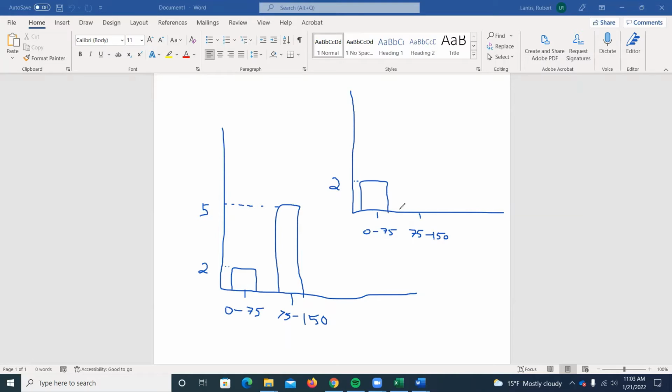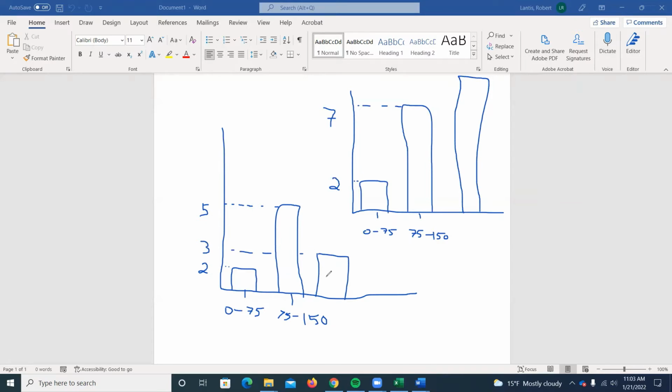Now for the second bin, the cumulative frequency, just like cumulative GPA, take your GPA from the current semester all the way back. So take the frequency of the current bin, which is 5, and add up the frequencies of everything below it. So 5 plus 2, the cumulative frequency would actually be 7 here. And if the next bin had a frequency of 3, then the cumulative frequency for that bin would be the frequency of this bin, which is 3, plus every bin below it. So 3 plus 5 plus 2,